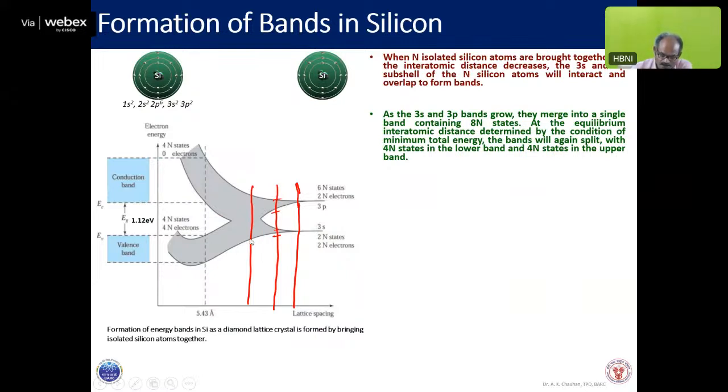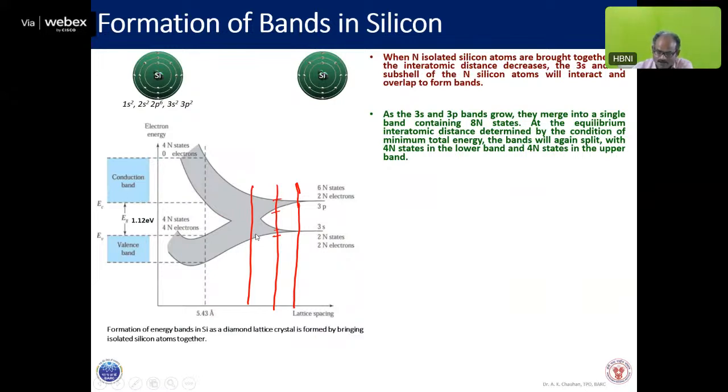Because you are having 8n states, double the energy levels. So all the above energy levels are empty, and all the levels below will be occupied by the